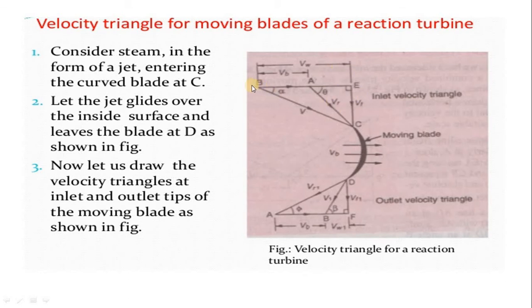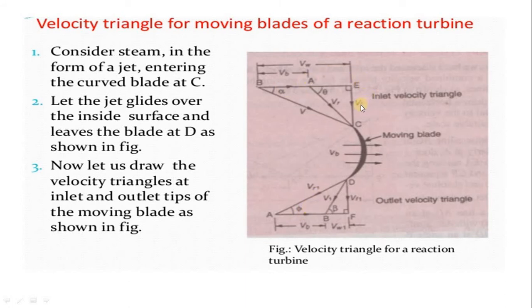So the steam enters through the angle alpha, where there is the location of the nozzle, and the steam enters on the moving blade through the nozzle, or you can take the example of the fixed blade instead of the nozzle, through the angle alpha. Alpha is the nozzle inlet angle, or you can say the fixed blade inlet angle. Simultaneously, beta acts as the nozzle outlet angle, or the fixed blade outlet angle. Theta acts as the moving blade inlet angle, phi acts as the moving blade outlet angle.